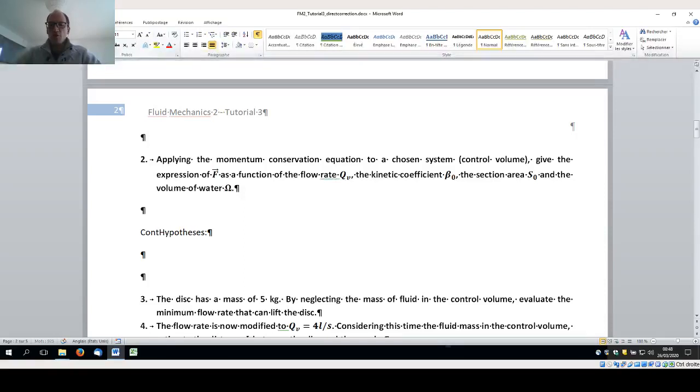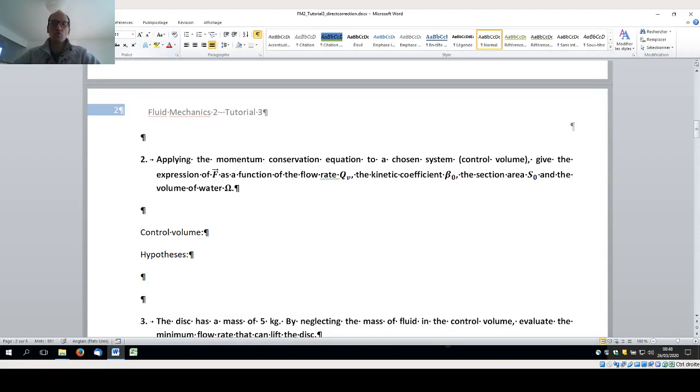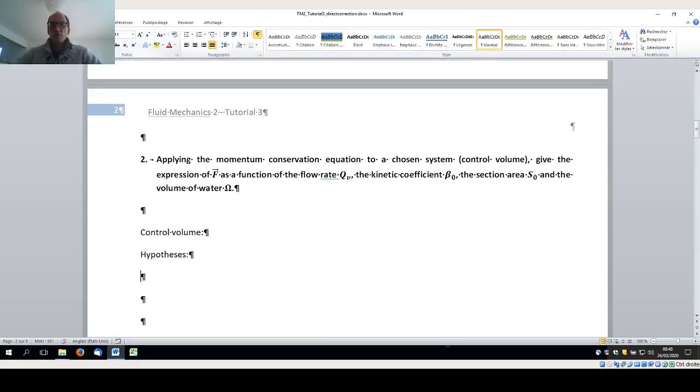Maybe you can choose a control volume, which is usually the first step. You will define the control volume, state the hypotheses, and write the momentum balance